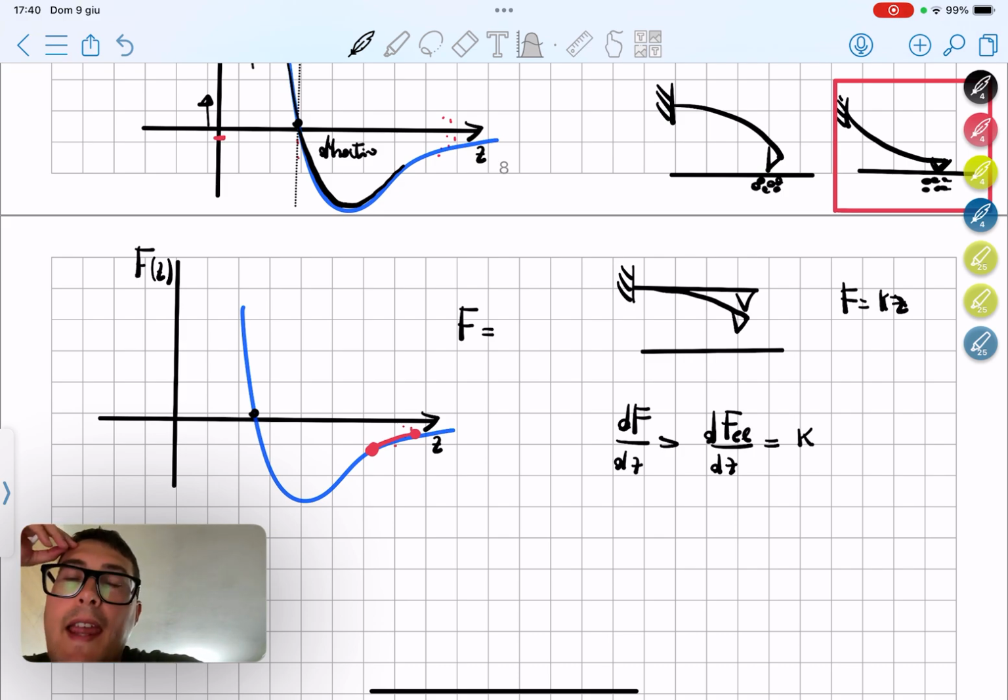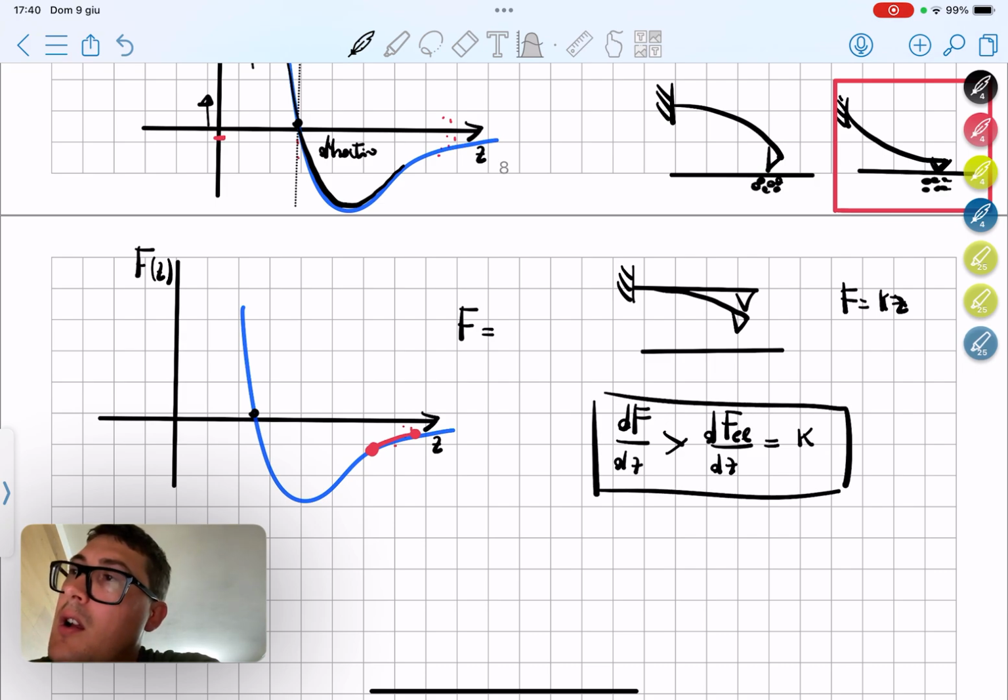So if the gradient of the attractive forces exceeds the spring coefficient of the cantilever,